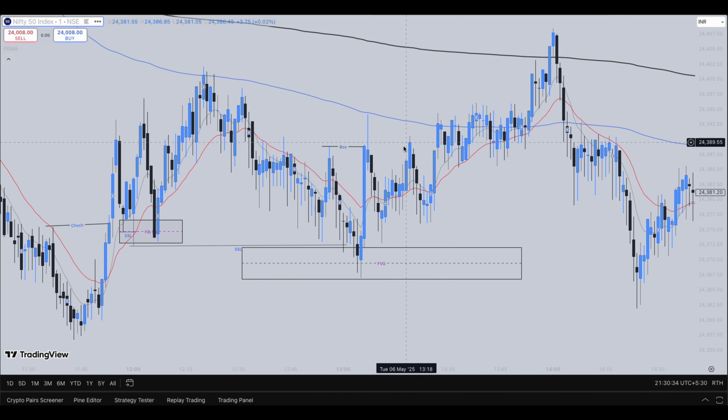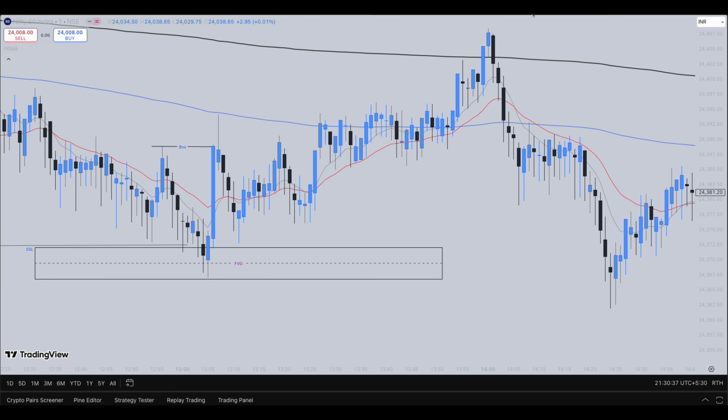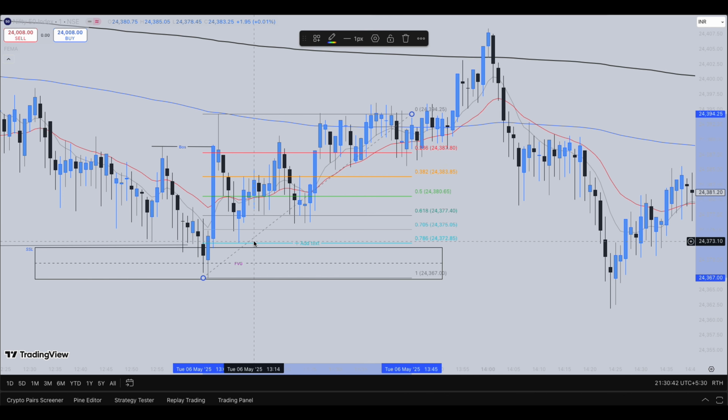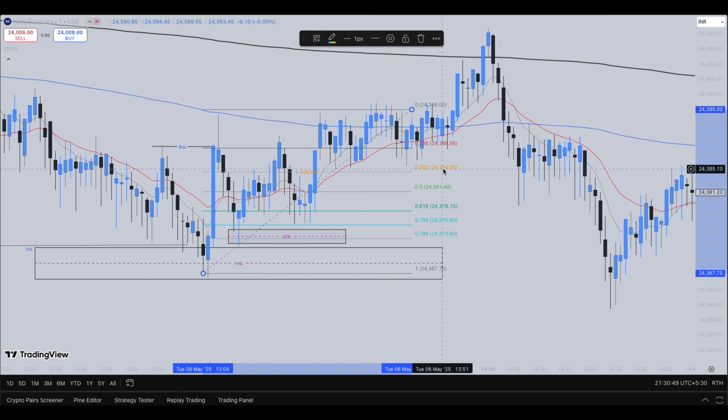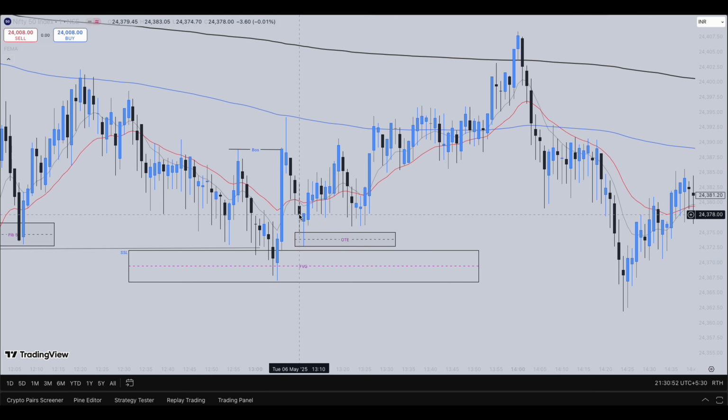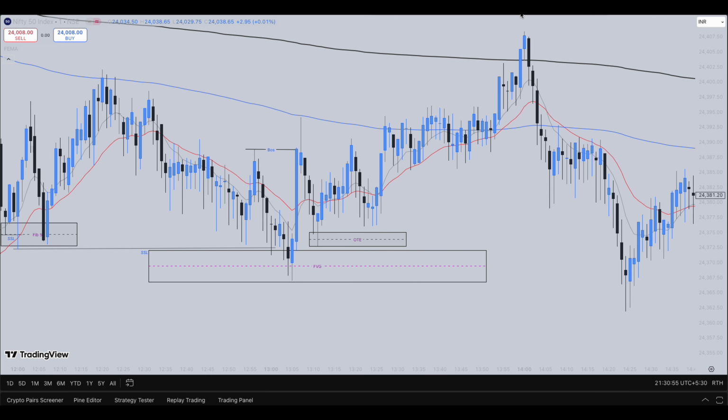upside. A clear break of structure, and you can see again the market retraced here after breaking the structure high. So if you try low to high of this candle, again the market is retracing to this optimum trade entry zone, rejecting price from these levels and showing some kind of bullish momentum. So what you could have done is to take long positions somewhere along these levels and target towards the